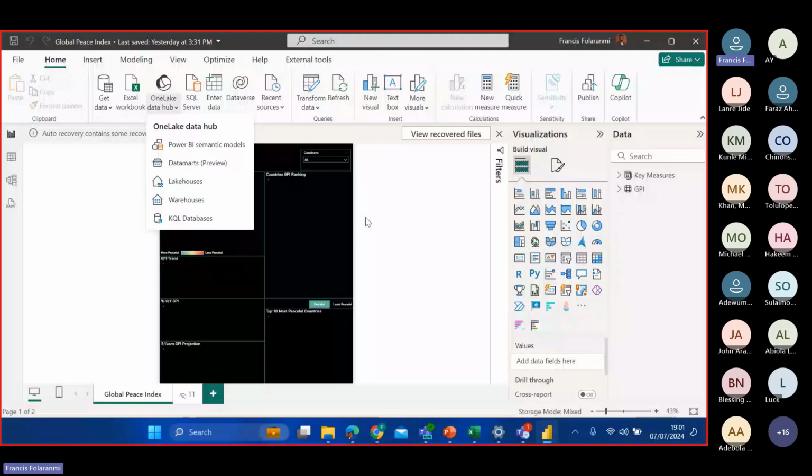Yeah, so this is what I created in Power BI Desktop, showing a trend of the GPI. Let me zoom in a bit so that we can see what we have by connecting using Power BI Direct Lake mode.